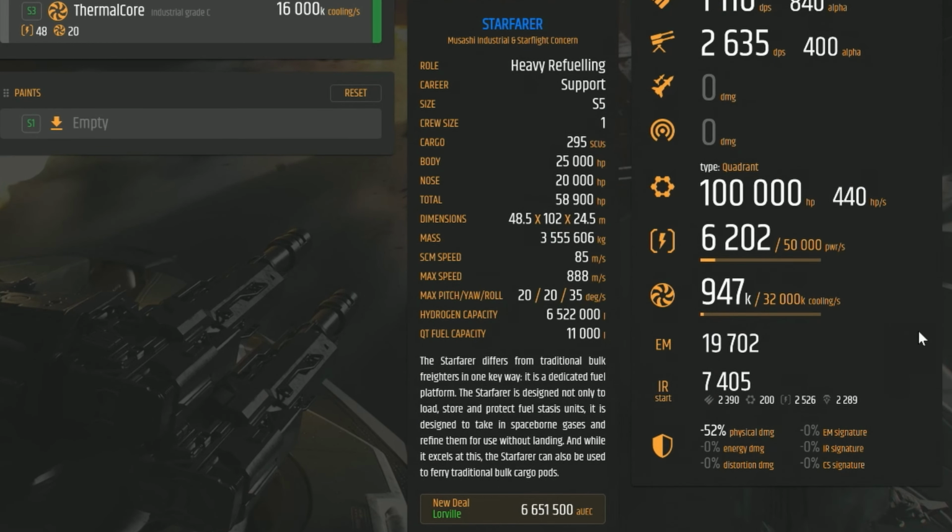The role, anyway, the career is support. It's a size 5 ship. This says crew size of 1. That's like the minimum crew size. I would not take this out with just yourself, honestly. I would at least bring a friend,